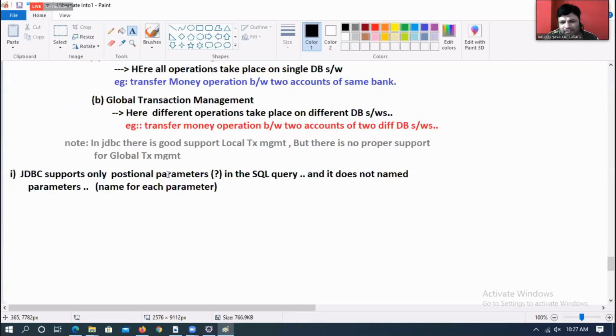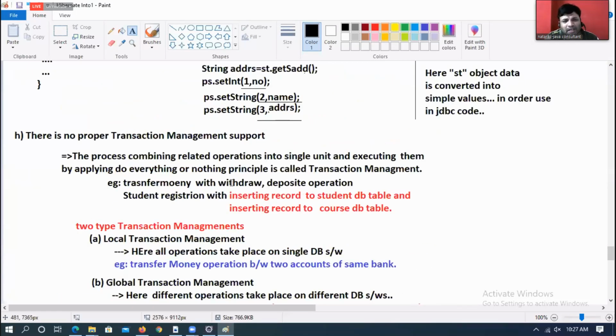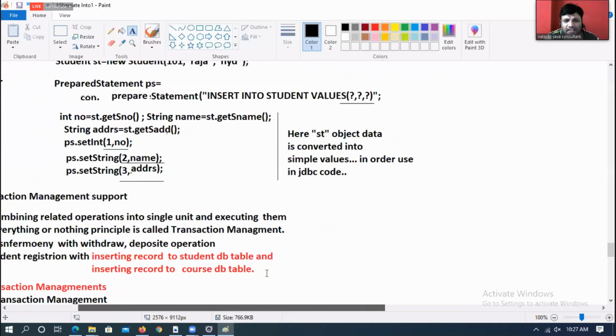Now listen. Let us assume I have a query with 20 question marks. While assigning values to those 20 question marks, if we get confused about the indexing, it will be a problem.